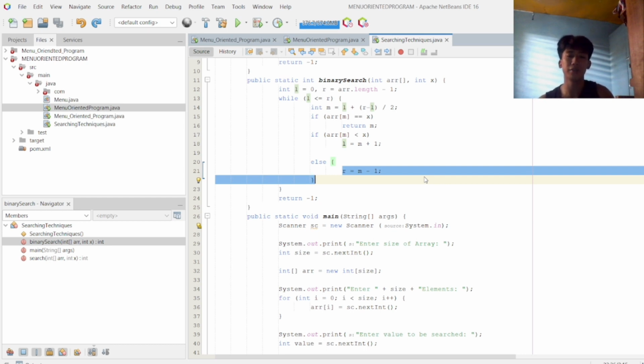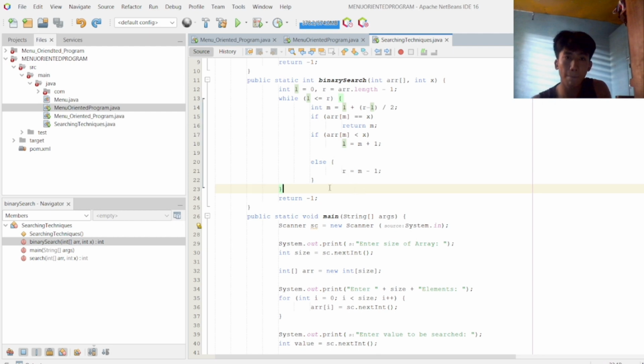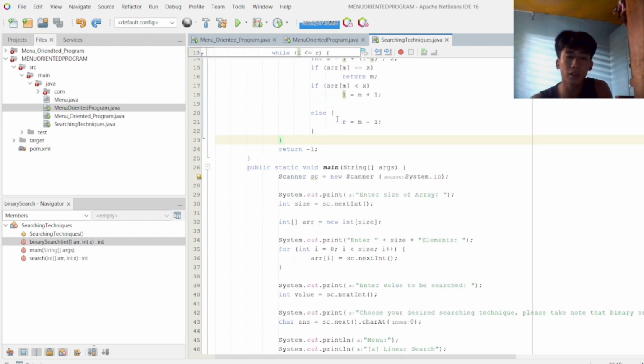So if none of the elements matches or is equal to x or target value, return